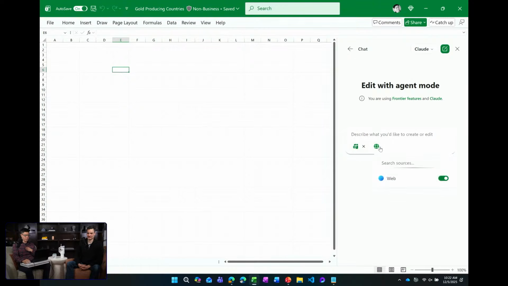Okay, so then we have web in this button here, and then you can toggle it on and off. And just to clarify, web gives it the ability to go out to the web and fetch data that's externally available. Correct. So that's a good note: agent mode currently only has access to the context in the active workbook, outside of web search. So when that's toggled off, it's just looking at the workbook. When you turn it on, it could look at the workbook and go out and find data all over the web. Correct.